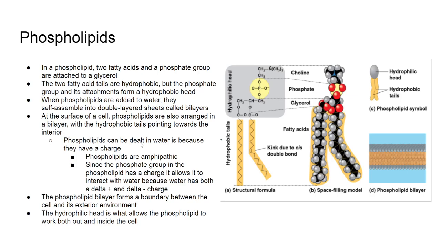Phospholipids can be dealt in water because they have a charge. They're amphipathic. If we were to look at the phosphate group on the top of the head here, right? We have a choline, we have a phosphate, and then we have the glycerol and the 2 fatty acids. These are polar. The phosphate and the choline, or phosphocholine group, are polar, and that's kind of what gives it